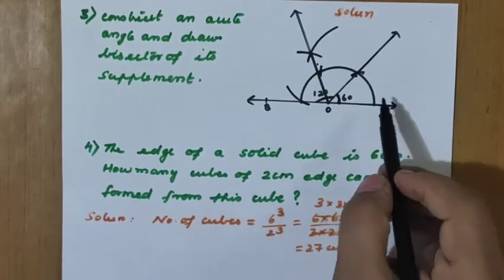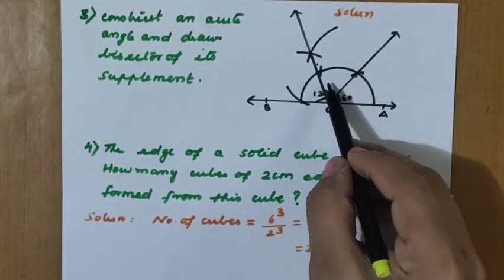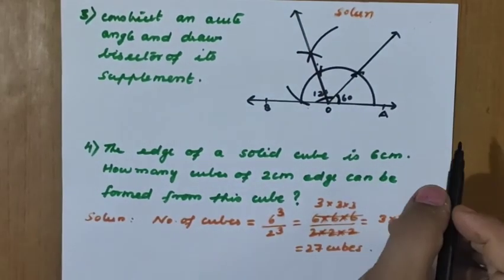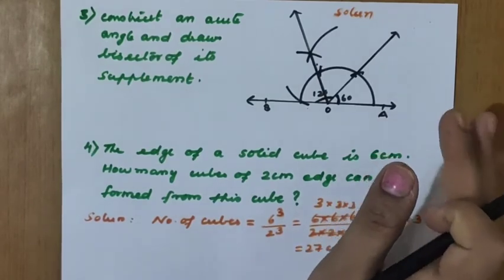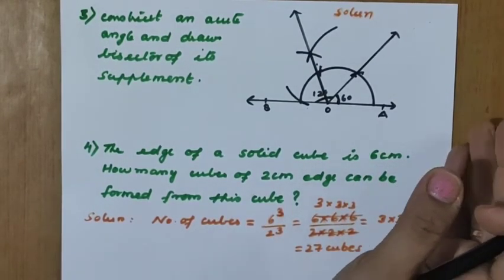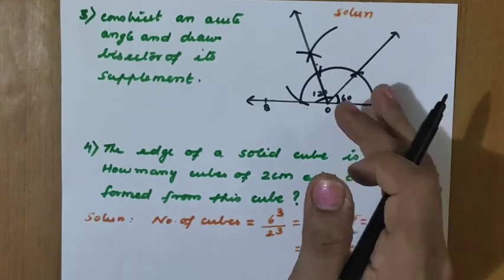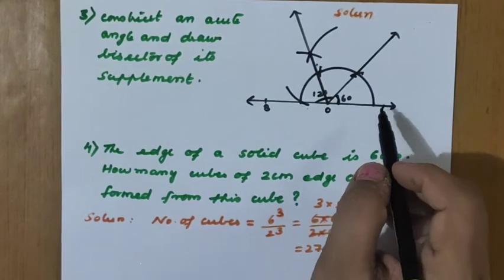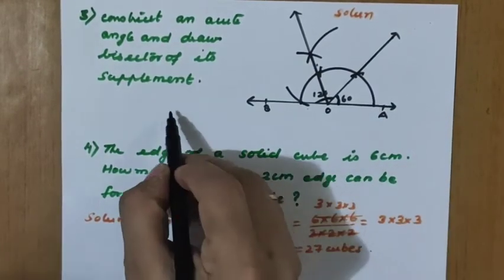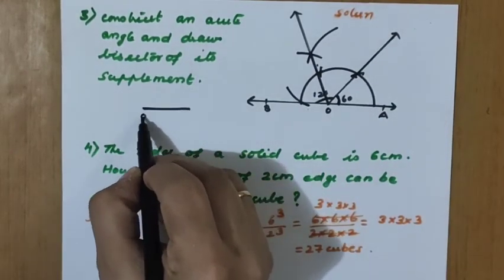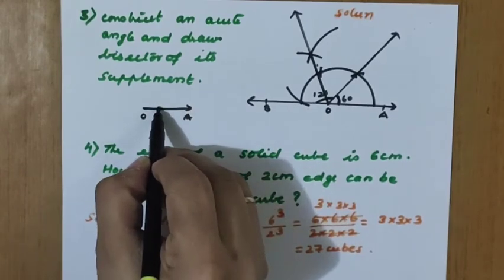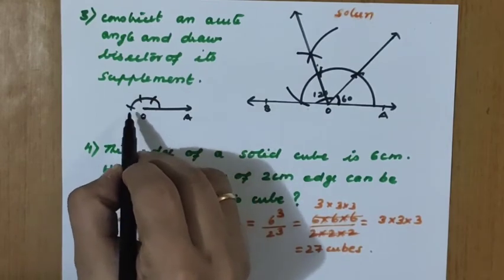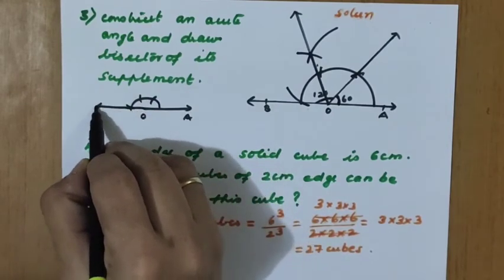After that, what must we do? We should bisect this 120 degrees, because we must draw the bisector of its supplement. Anybody who wants to do it another way, with any other angle, can do so. But one cutting is easier, so we are selecting 60. Once again, we draw a ray OA first, next the semicircle. Now the equal cuttings, first, second and third. The third one comes where the opposite ray will complete it.